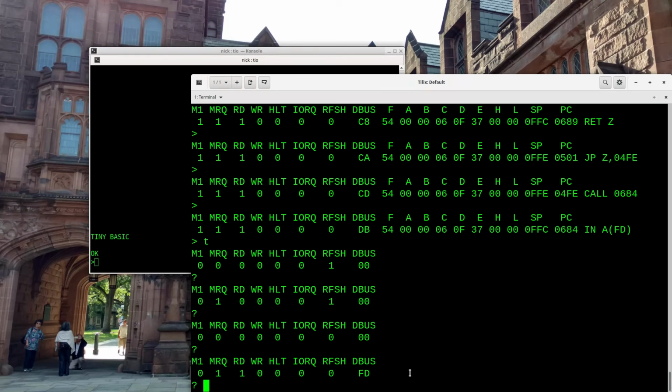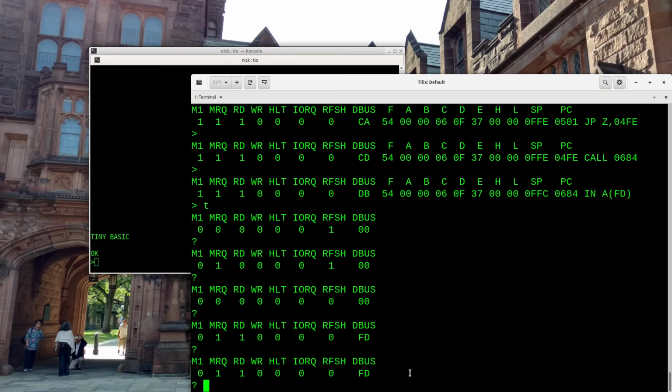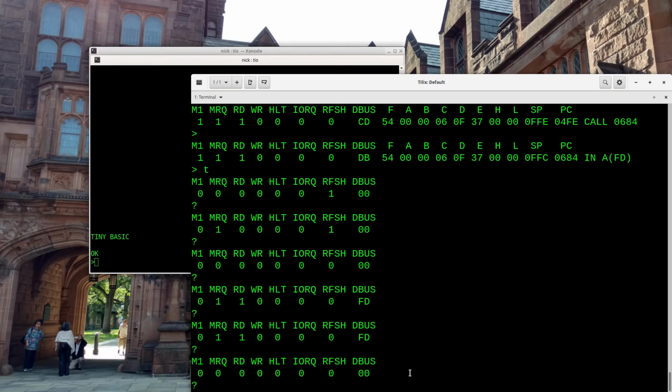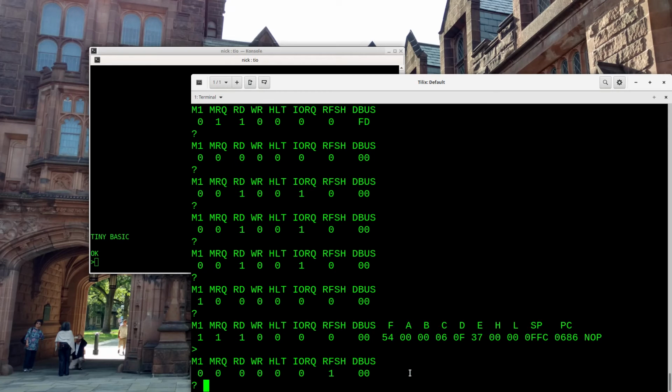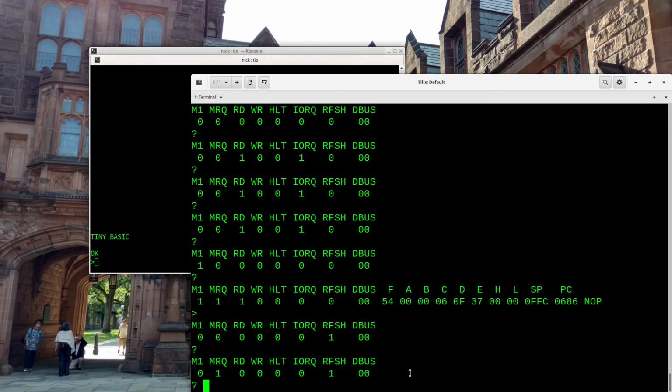So it's reading the second operand, the second byte, which is the operand. So that's an FD, and it reads that, and then it goes back to quiescent, and now it does an IO request and a read, and the address bus is showing FD, and that's triggering the logic on that proto board to tell it the value of the flip-flop, and then it goes ahead, it does a no-op just for filler,